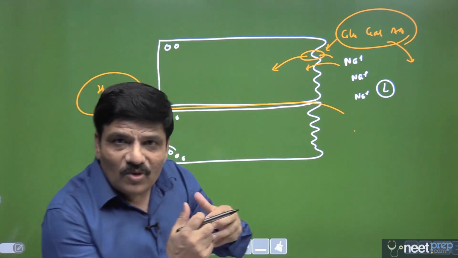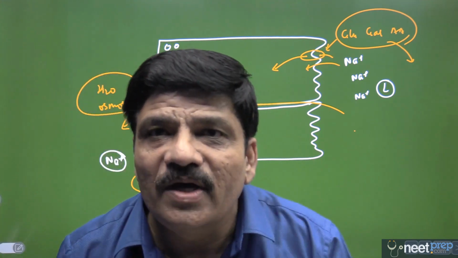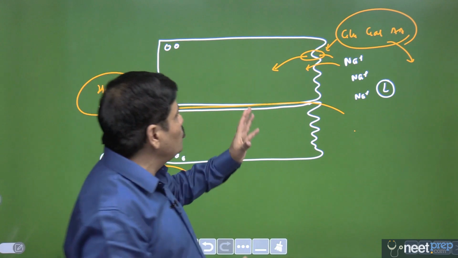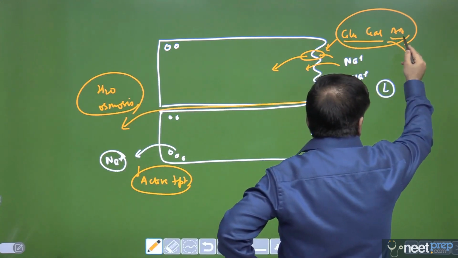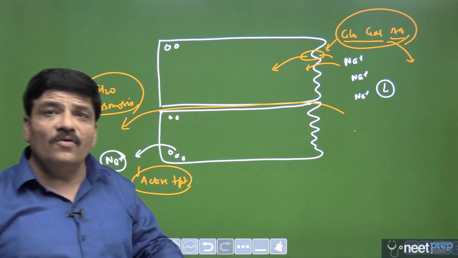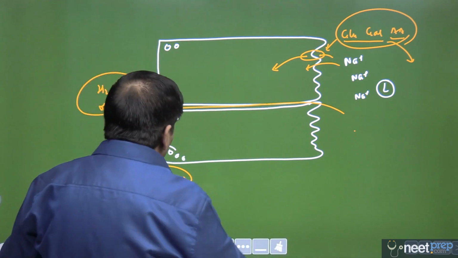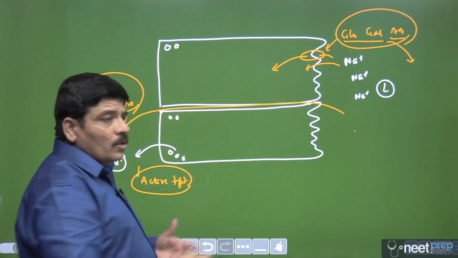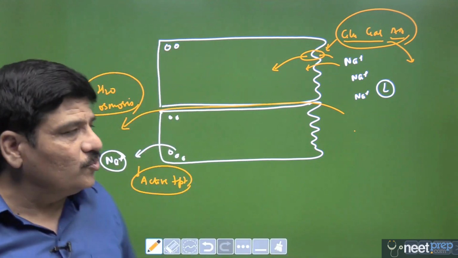So whenever sodium uses its transporter, tries to enter into the cell, it brings along with it glucose, galactose and amino acid. So we are now absolutely sure what happens during the absorption of glucose, galactose and amino acid, what is meant by a secondary active co-transport with sodium. I hope this thing is now absolutely clear.